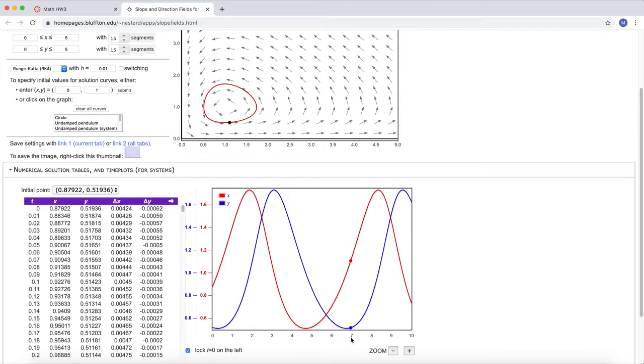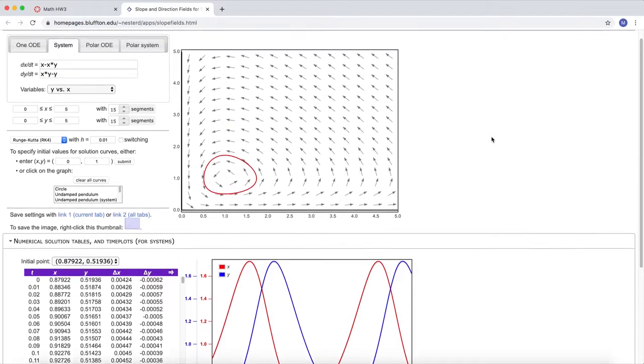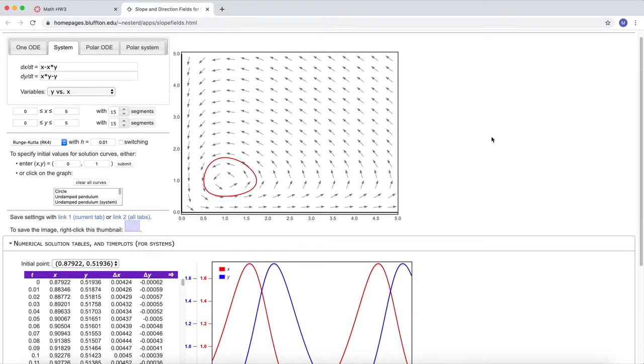But you can really see how the trajectory and the time series are correlated here because they have this really nice black dot up in the state space and the red and blue dots below tracing out the curves in time. That's super cool. Wow, this has been really helpful. So when they ask me to draw different vector fields in the homework here, I can confirm some of the things that I did by hand by typing it in here. Yeah, so let's go to some of the homeworks for this week.